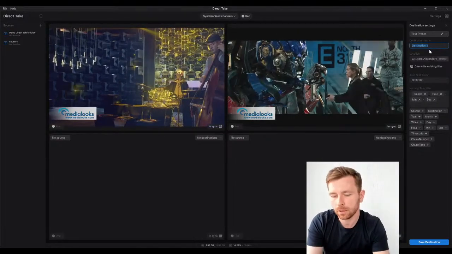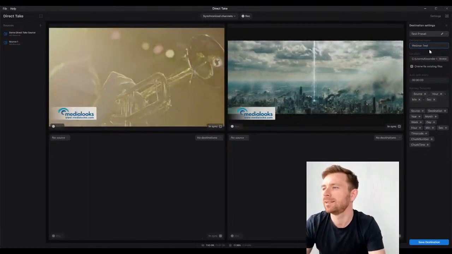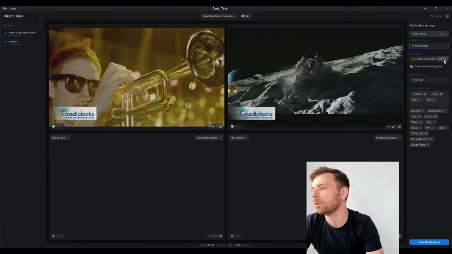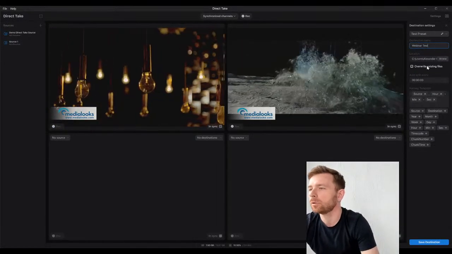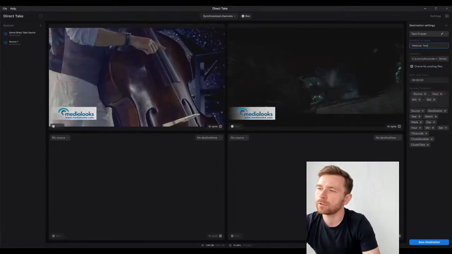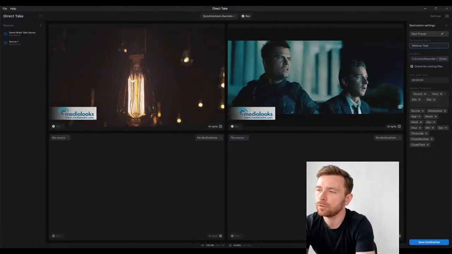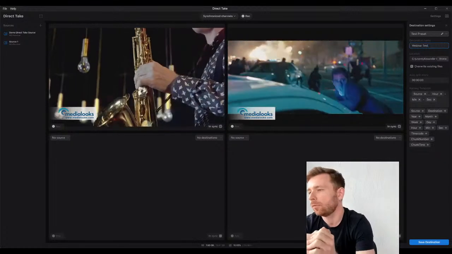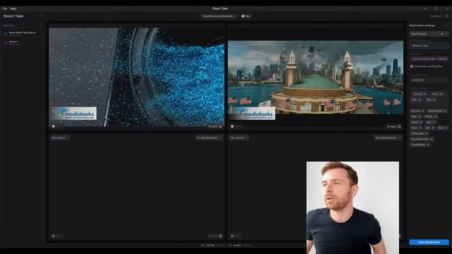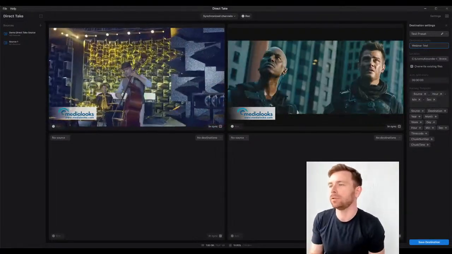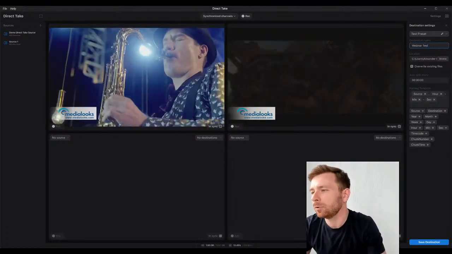Let's name the destination webinar test. With the location, we choose the folder where the files should be stored and the option to override the existing files. The after split, every field makes the Direct Take split your video in equal chunks based on the frames. So if you set, for example, 30 minutes and the frames don't match the 30 minutes interval exactly, slightly more or less, the resulting files will be equal